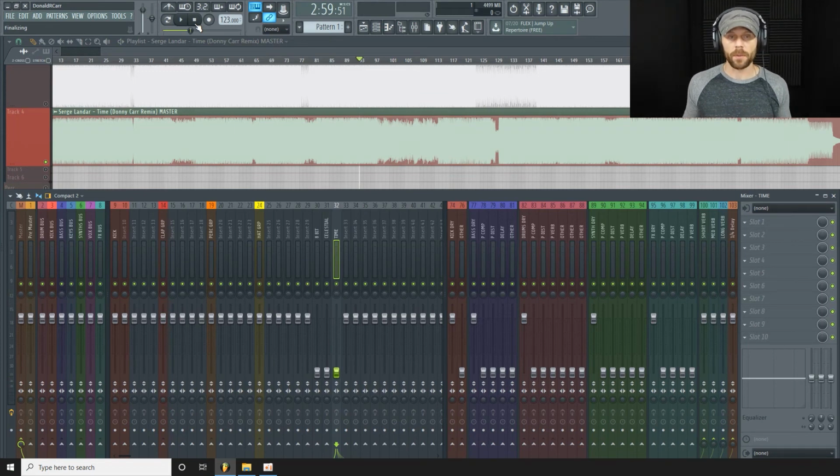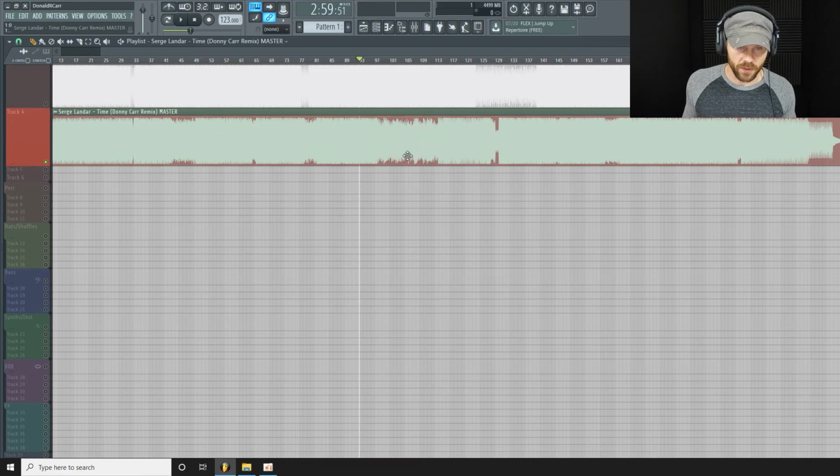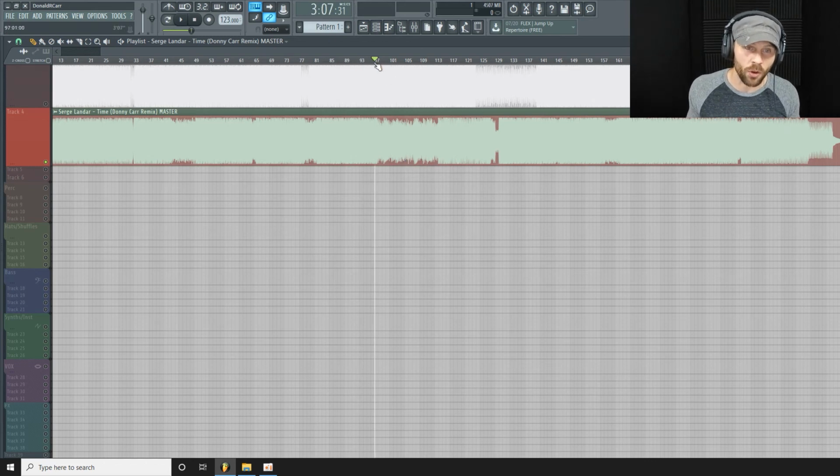Okay, so for this one, this melody here that happens in the breakdown, that was the melody that drew me to accept the remix. When I heard the original, I liked the original melody, so I cut it up and rearranged it and reprocessed it, but still left it close enough to the original where you can still tell it's from the original track, but it only plays in the breakdown. It doesn't play anywhere else in the track.